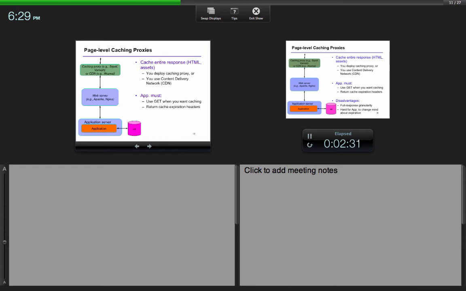There's another way to do it that's similar in concept but different in execution. You buy a service from a company called a Content Delivery Network. Akamai is the best known example of that. What this company will do is they have these caching proxies all over the world. For example, Microsoft has a contract with Akamai, and Akamai will take the homepage of Microsoft from the Microsoft web server and replicate it in these caches all